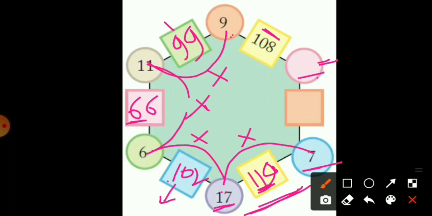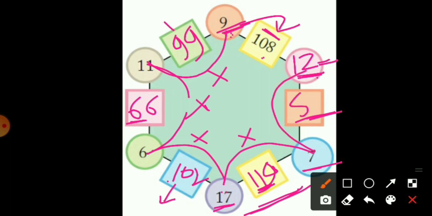To find the number in a circle, you have to divide the number in the square by the number in the other circle. So now you have to divide 108 by 9. So what will you get? Yes, you will get 12, because 9 times 12 is 108. Now at last, here is a blank square box. So 12 times 7, you are right, 84. So in this way, this magic hexagon is completed. I hope that you have understood it.